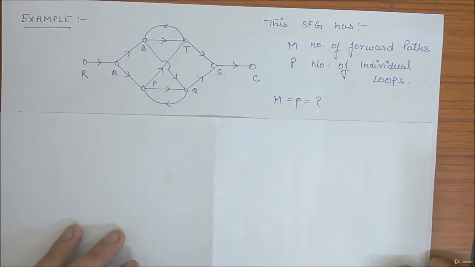Okay. So we have this question. You should take 5 or 10 minutes or something. Just try to figure it out on your own. This is pretty easy, but it requires attention in calculating forward paths and loops. You can miss out some loop and you can miss out some forward path. So pause the video and try on your own for 5-10 minutes and then look for the answer.